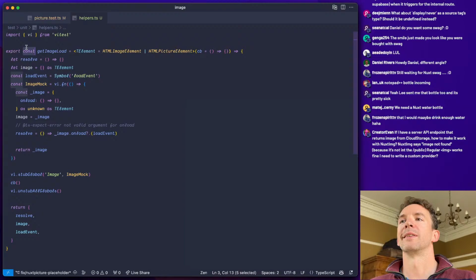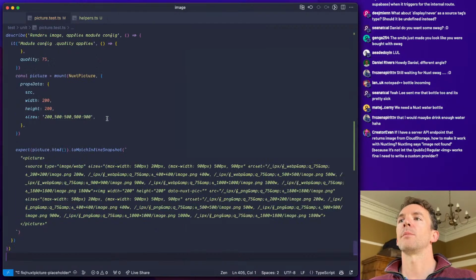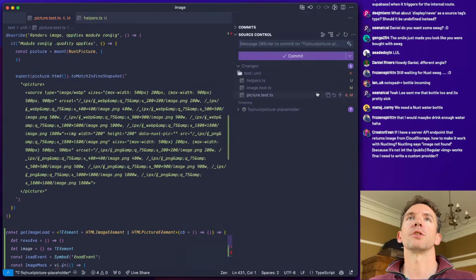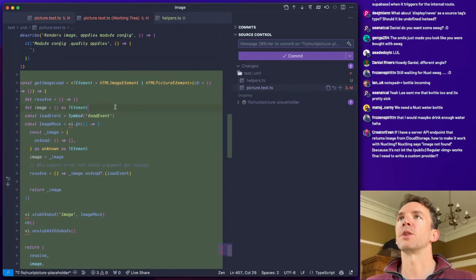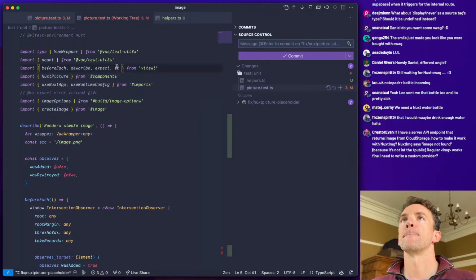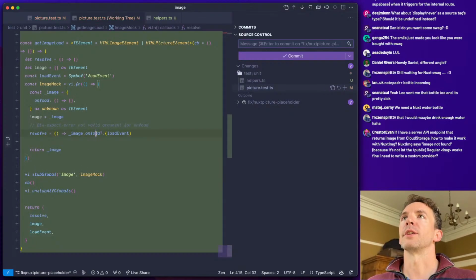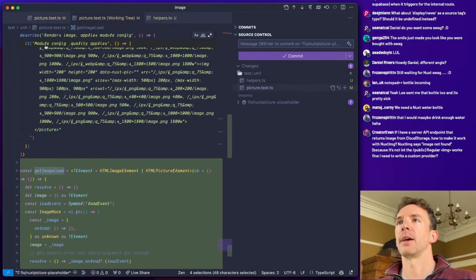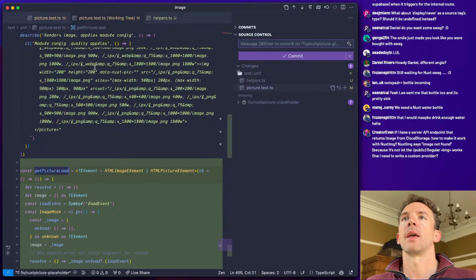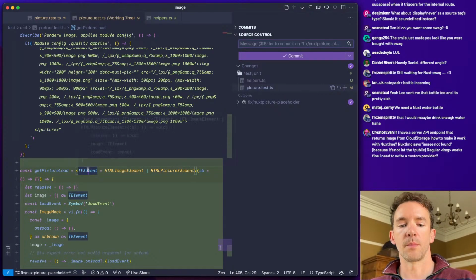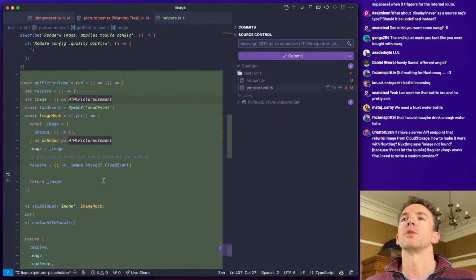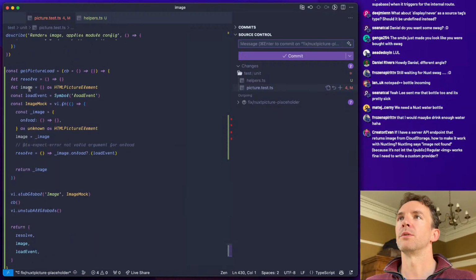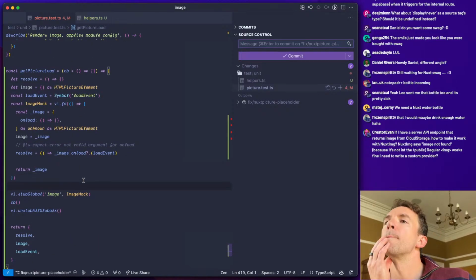So I'm just going to stick this down here, and we are actually just going to, for the moment, probably revert the changes to image. And we're just going to edit this all inline. Okay, so we want to have... Okay, so we have our get image load, and we want to say this is actually get picture load, and we are going to just use picture element. And there we go. So we want our get picture load to, it needs to